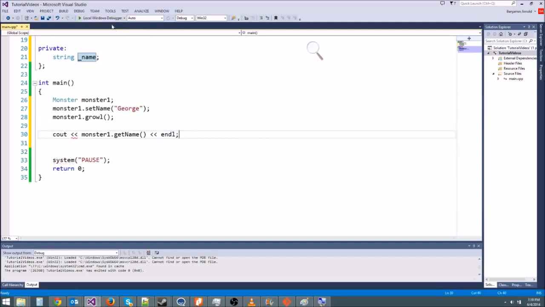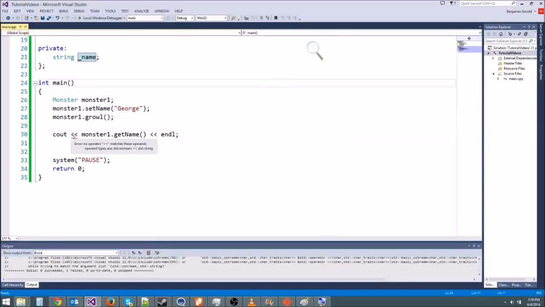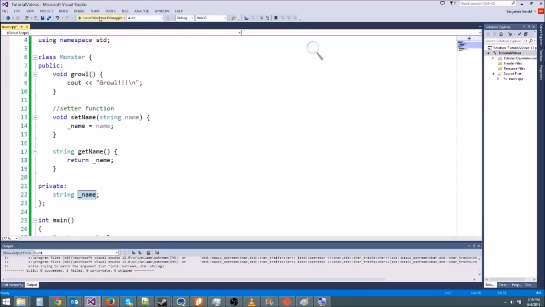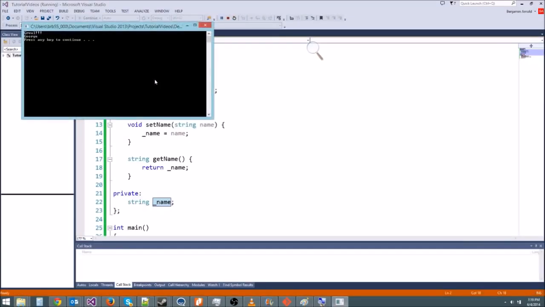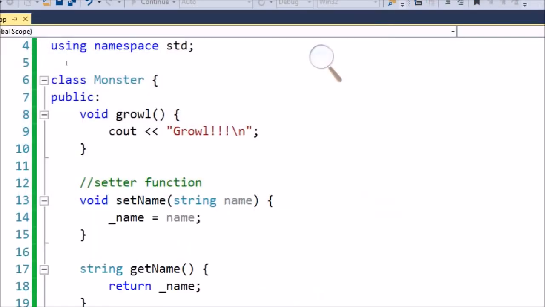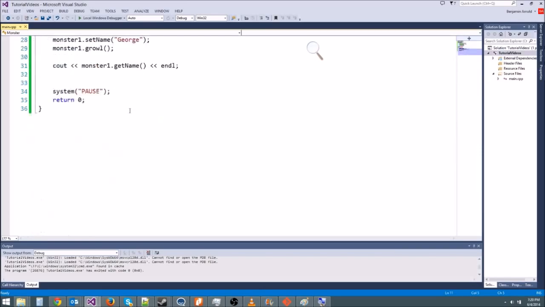Let's go ahead and try it. My throat is getting dry, so I'm about to definitely end this episode. Oh, and we got an error. It says it doesn't know what this operator is, or it doesn't know how to match it with the string variable, and that's because we forgot to include string. So remember, if you're ever working with strings, always include string. I get that error all the time. And then hit run, and here we go. We get growl here, and then we got his name. That's George. So this is how you're going to encapsulate all of your objects and things. In the next episode, we're going to learn how to move this